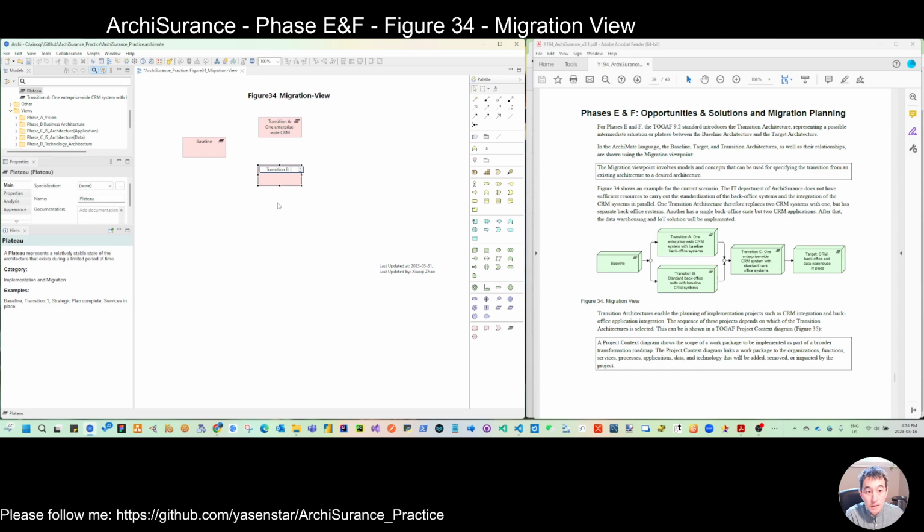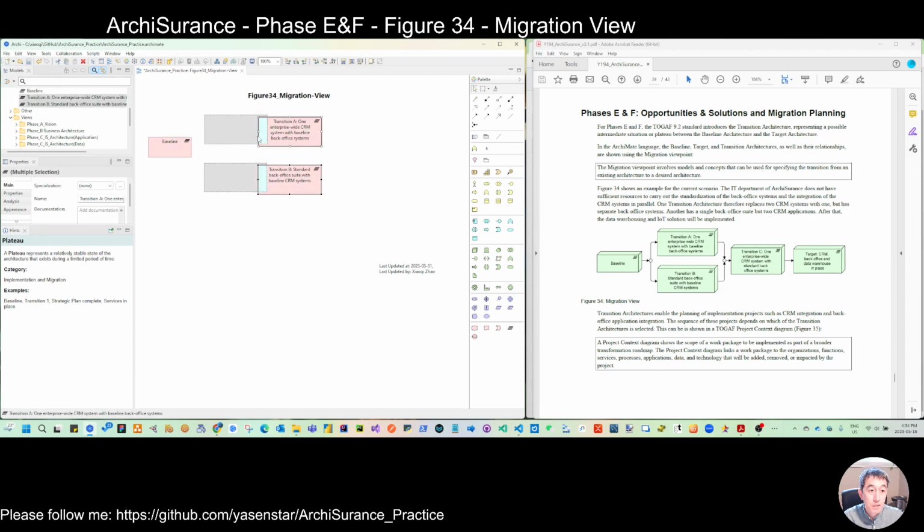Transition B, standardize standard back office suite, with baseline CRM systems. These two transitions, as described in the case study, cannot happen at the same